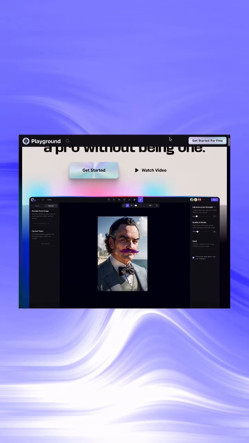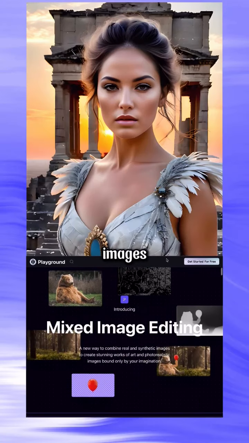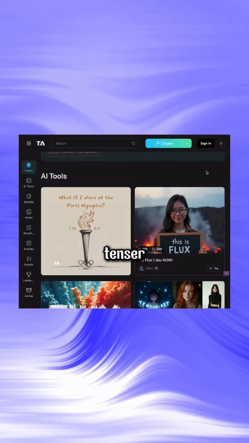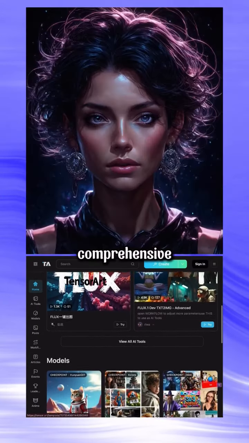4. Playground 2.5. This AI tool generates fantastic, high-quality images and provides 50 free generations per day. 5. TensorArt. TensorArt stands out with its 100 free generations and comprehensive AI